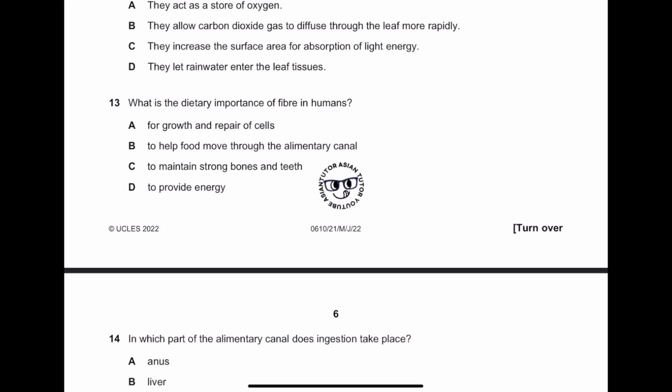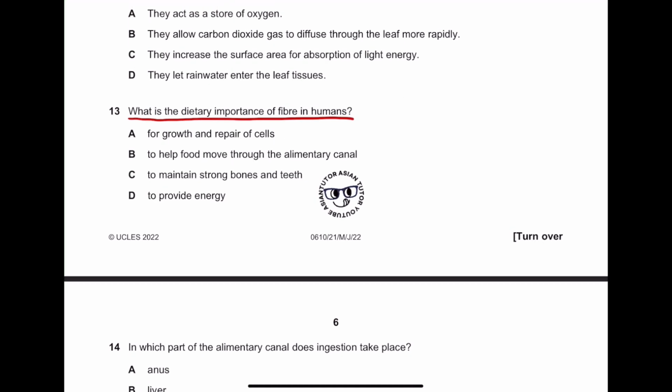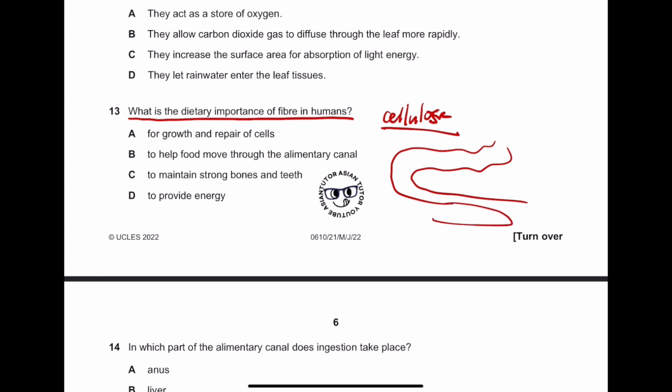Number 13. What is the dietary importance of fiber in humans? So, fibers are made of celluloses. Cellulose is found in cell walls of the plant cells. And what happens when fiber is taken in is that body parts like small intestine